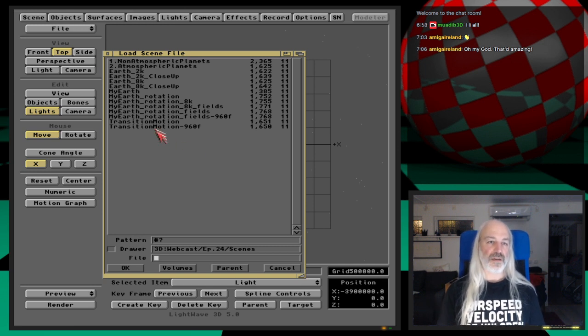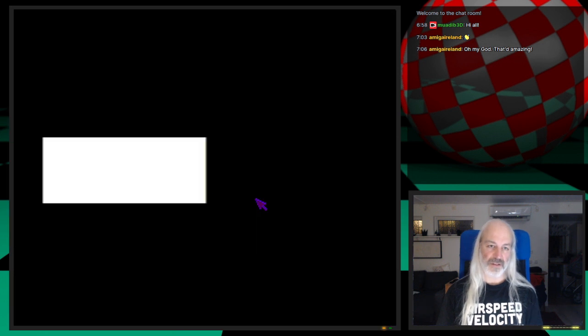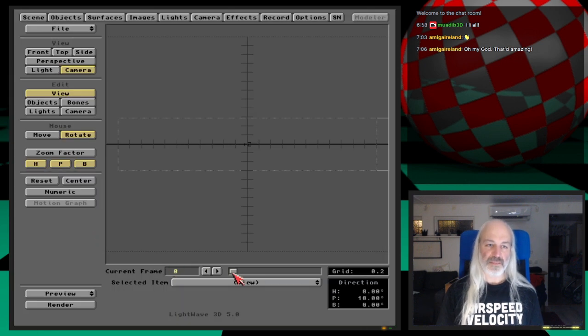So here is the transition motion I made, for example. This is the first frame, okay? So in wireframe, what I did, I took a quadrangle, okay? And I cloned it. And then I told it, okay, you are going to be moving